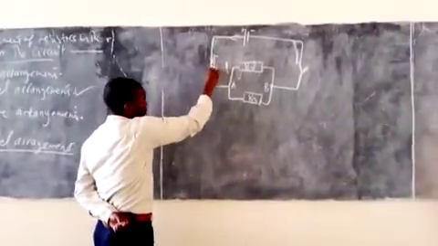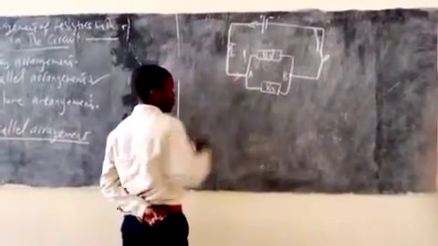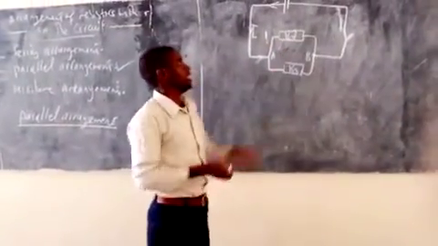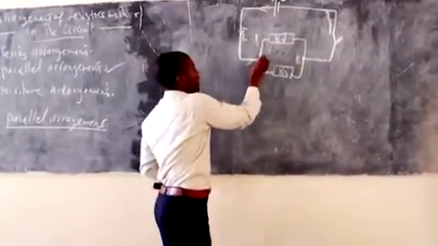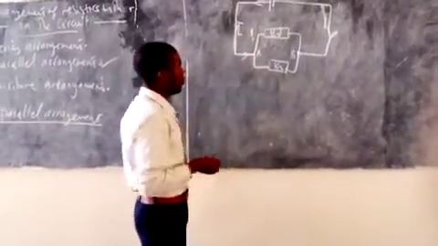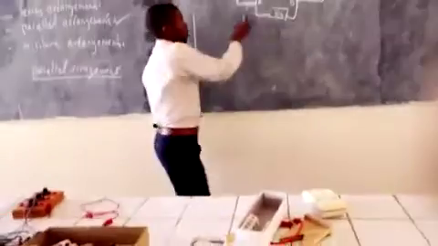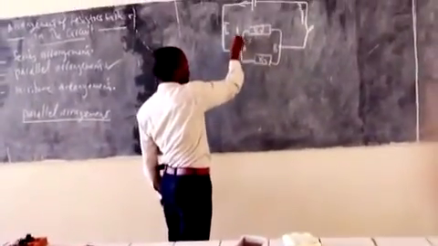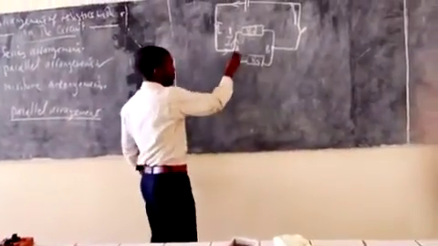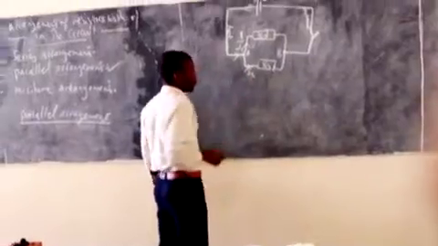A current I flows from the battery to junction A. What tells you that this arrangement is parallel? It is indicated by a junction where the current I divides into two parts. It divides into two parts, where a current I1 flows to the resistor R1 and the current I2 flows to the